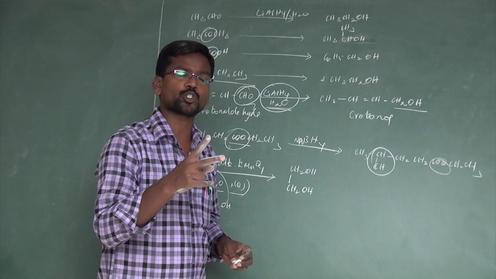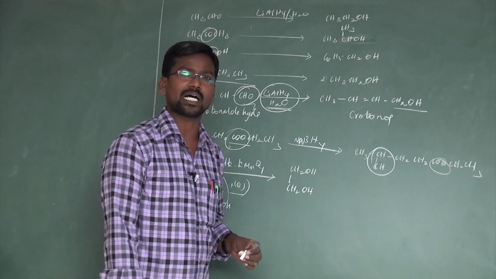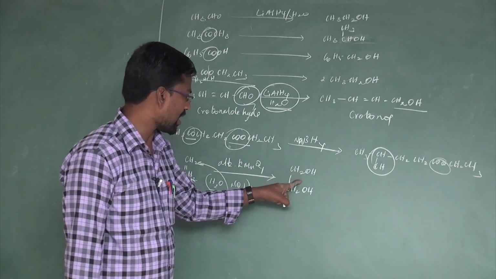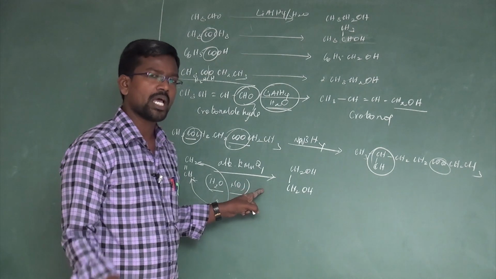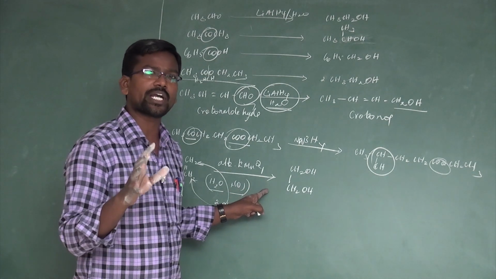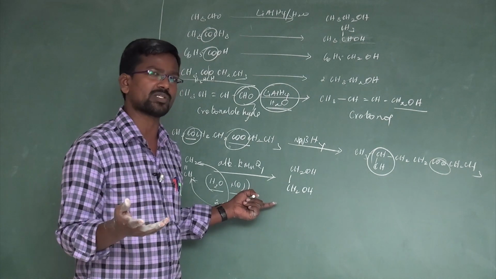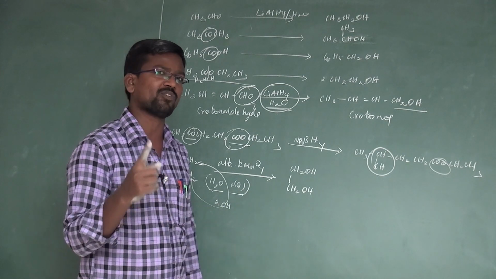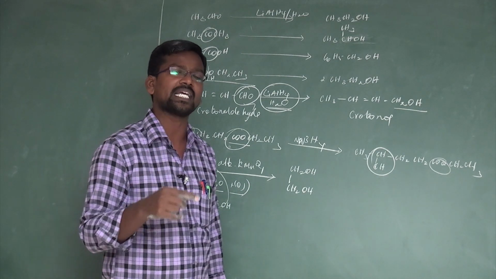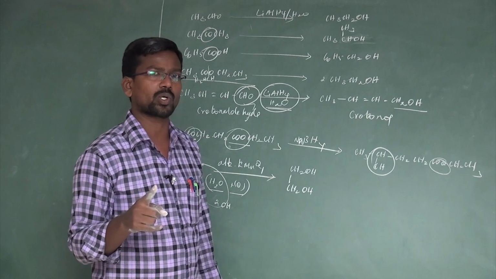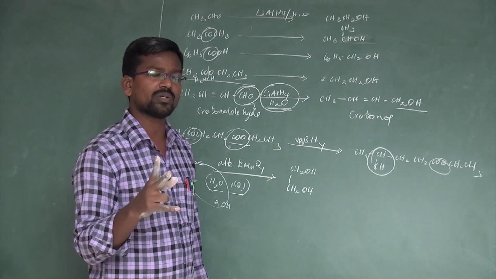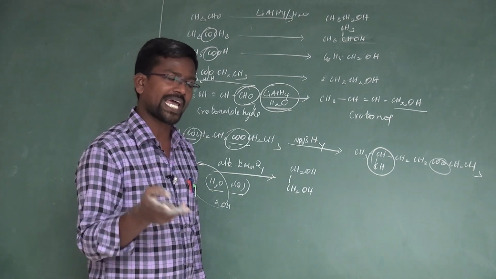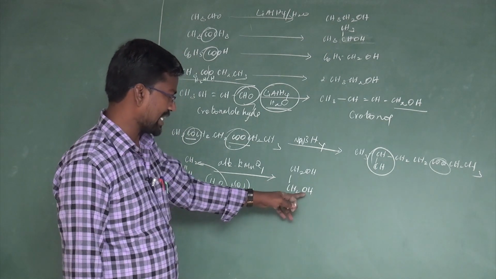Addition of 2 OH groups to the carbon-carbon double bond to form a glycol by using Baeyer's reagent. Baeyer's reagent is nothing but cold dilute alkaline potassium permanganate solution. 1 mole of cold dilute alkaline potassium permanganate gives 1 mole of water molecule and 1 mole of oxygen to give 2 moles of OH group. So the dihydroxylation process forms a glycol.